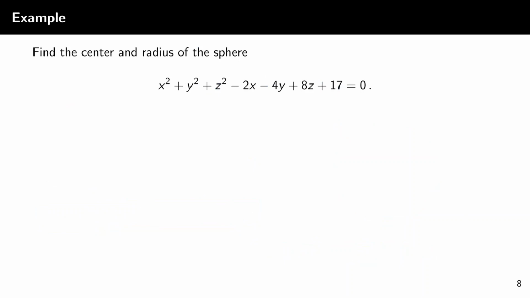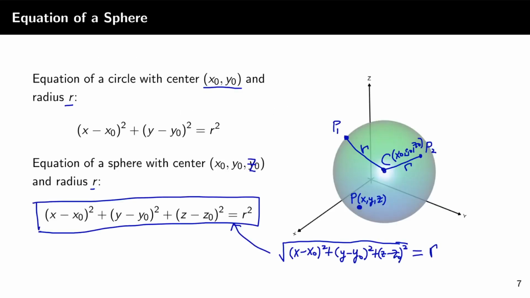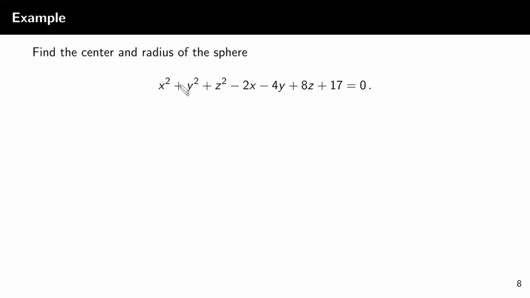Okay. Let's work on this problem. Find the center and radius of the sphere with this equation. This equation is not in the form that we have. So we need to transform it into this particular form so we can find the center and the radius. So what we'll do is collect